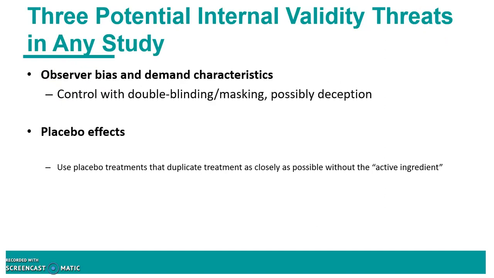Okay. In any study, there are 3 potential internal validity threats that you need to consider. Okay, so there's the observer bias and demand characteristics, and then placebo effects. Okay. Observer bias, if you can design your study so that it's double blind, okay, so that neither the participants nor the observers of the participants know which group the participants are in. Okay,